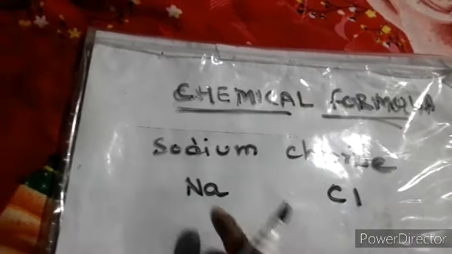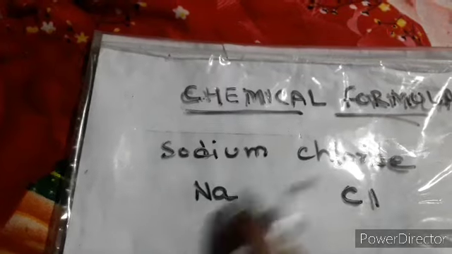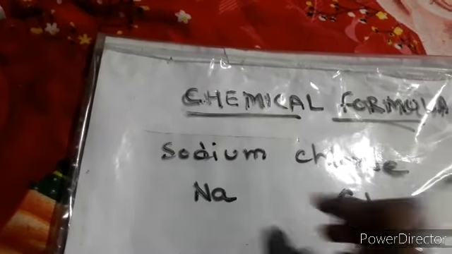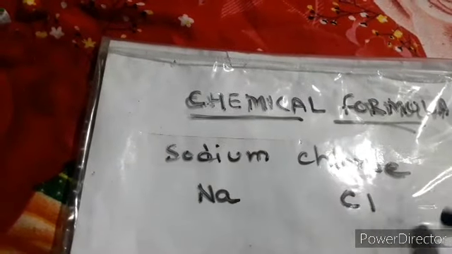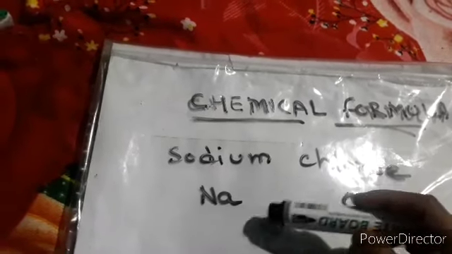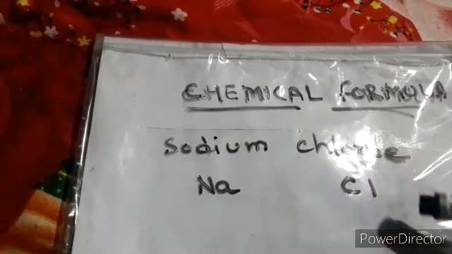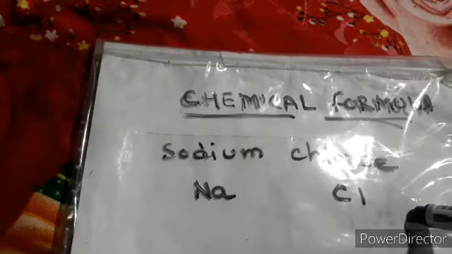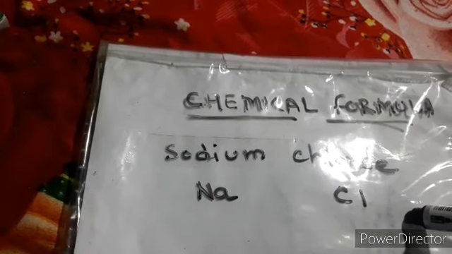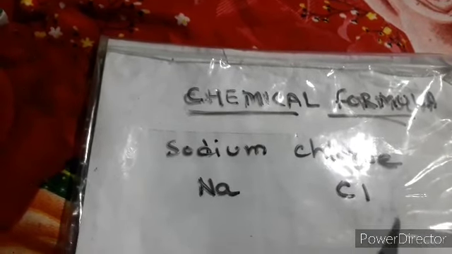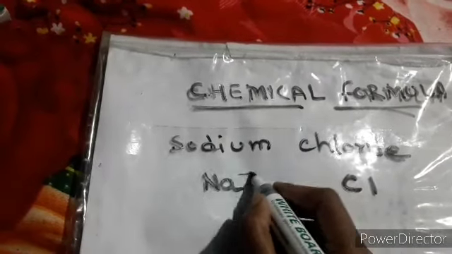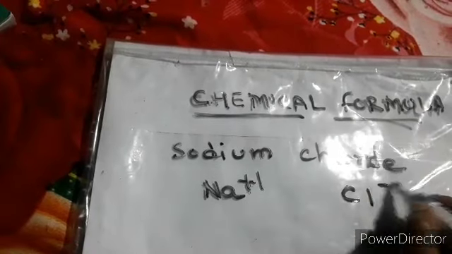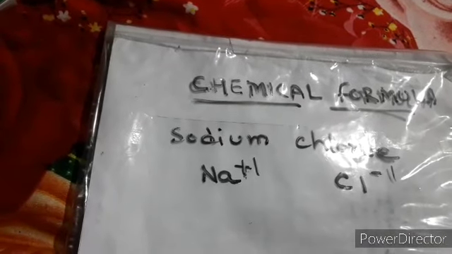right? We always write, and you know this is the positive radical and this is a negative radical when it comes along with the charge, but over here it's a positive atom and this is a negative atom. This will lead you to a positive and negative radical. Now the second point is that on the top we will write down their valencies also, right? What is the valency of it, we remember, that is +1, and over here is -1. This we know from our previous lessons.